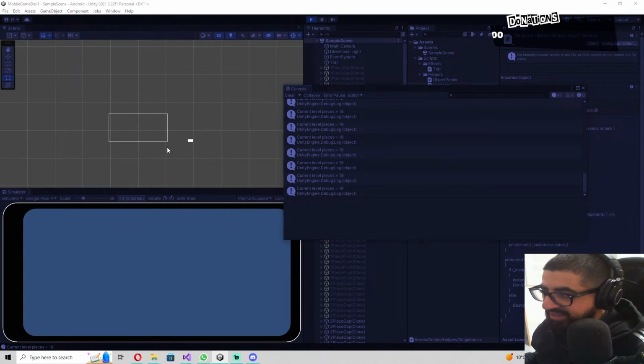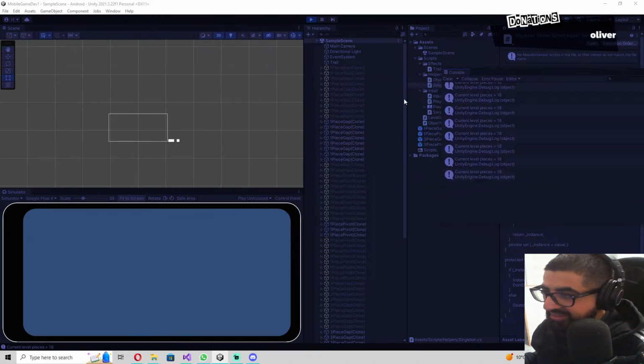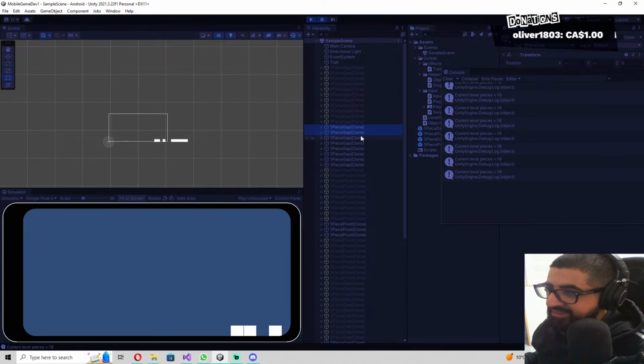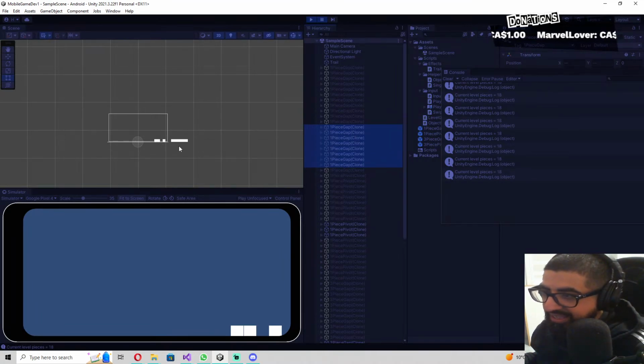Oh, what happened here? We have a lot of pieces, but I guess we have a lot of gaps. A lot of gaps came up. So let's pause here for a second. Let's select. See, look, so many gaps came up, and this is impossible to traverse unless you had a